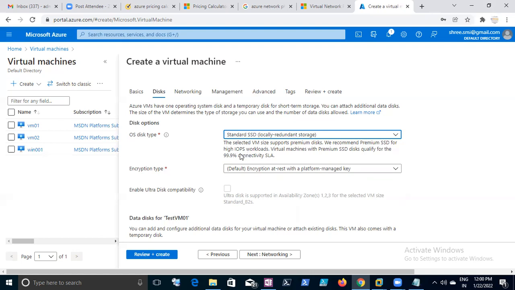We recommend a premium SSD for high IOPS. It's input operations per second. Remember, it's input operations per second workloads. It means how much read and write your hard disk can provide based on your utilization, based on your execution. Now, what kind of data you are going to use, and that much of your performance will be increased. And also it's not only how much data, it will be calculated how sizable the data is, like video files, video content, and image content, those kinds of huge size